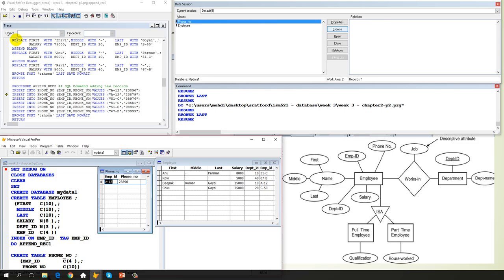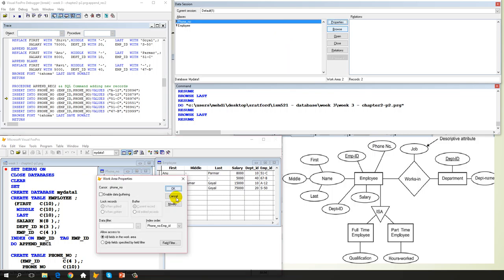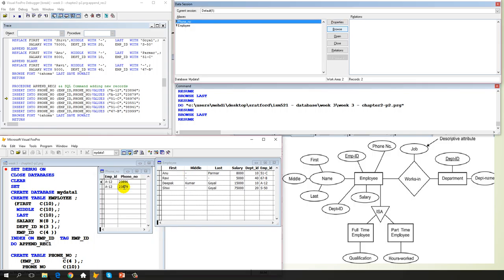Again, insert into, the second record added. And because the table is indexed, and the index is active on employee ID, after adding new records, the table will be reordered automatically according to the active index. Here the active index is employee ID. Let's continue,